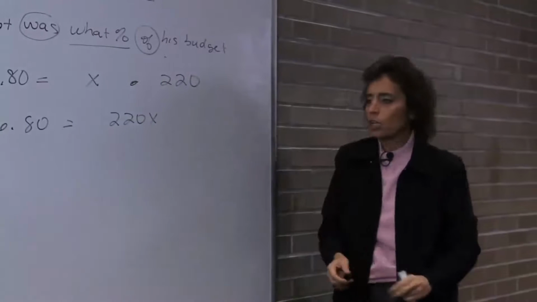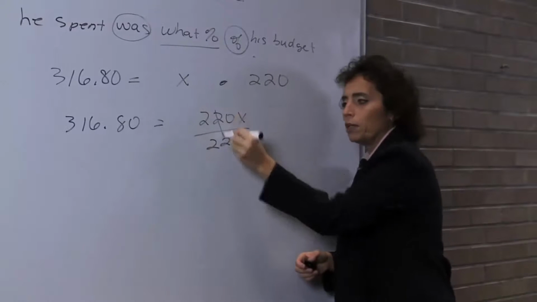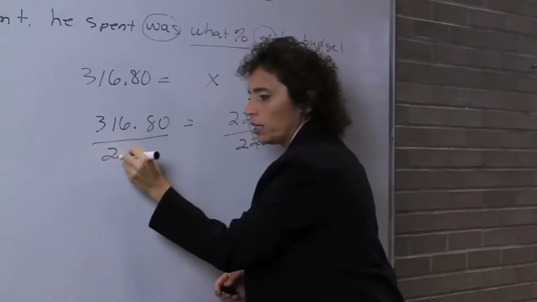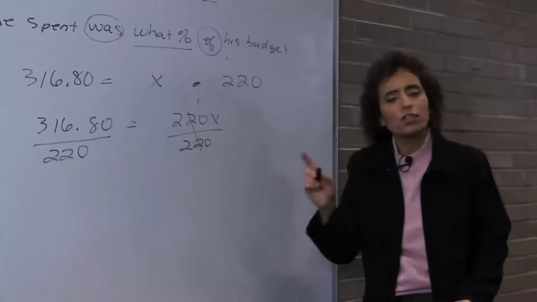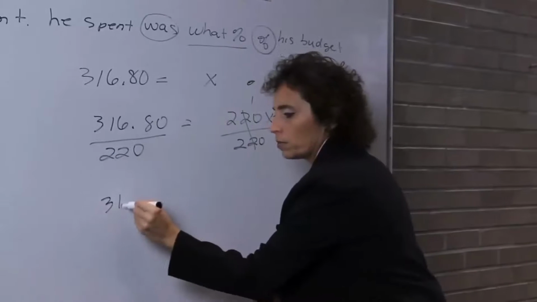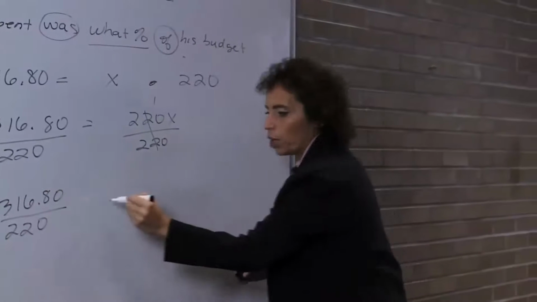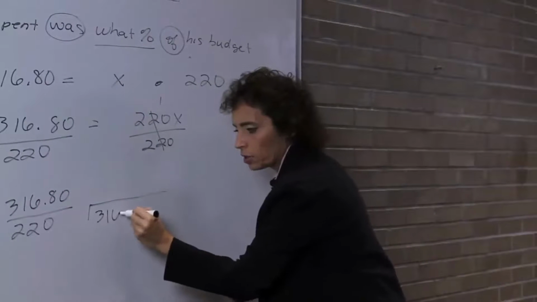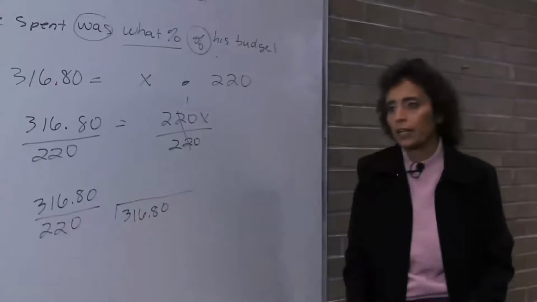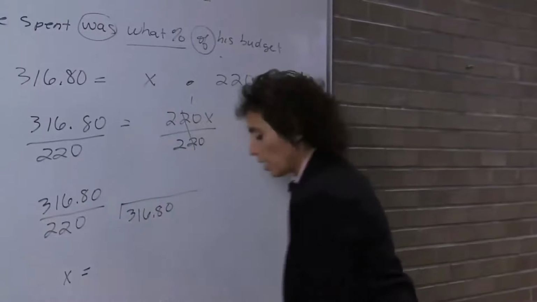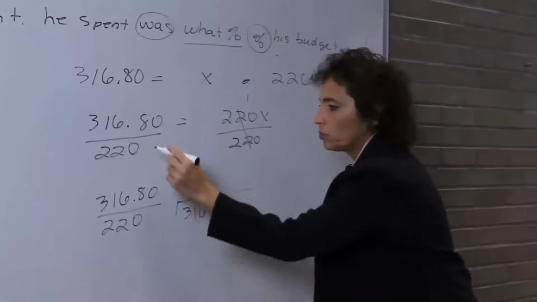You know how to solve that. We now divide this by 220, because we have to get the coefficient to be 1. If we divide that by 220, we divide this by 220. We're not going to go through the actual division. If you're having trouble with it, call your instructor over, they'll help you. But just to remind you how to do this, this is an integer, so I don't have to move any decimals, and now I just start dividing. And x comes out to be